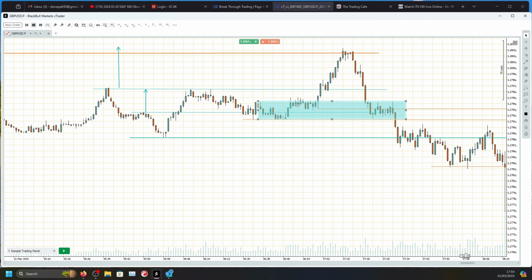So I was more interested in that level than this one. So I was more interested in seeing a bullish reaction out of here. And if we go back to the 15-minute chart,